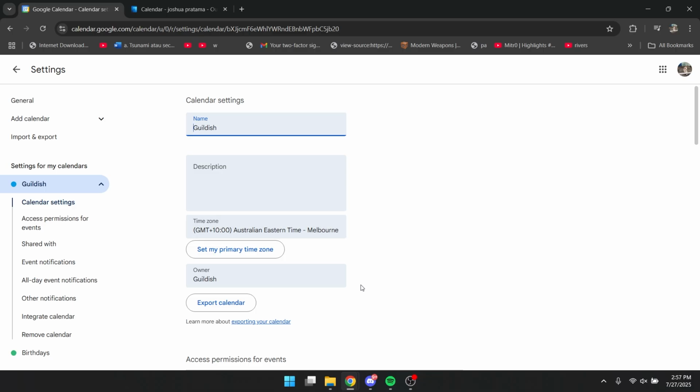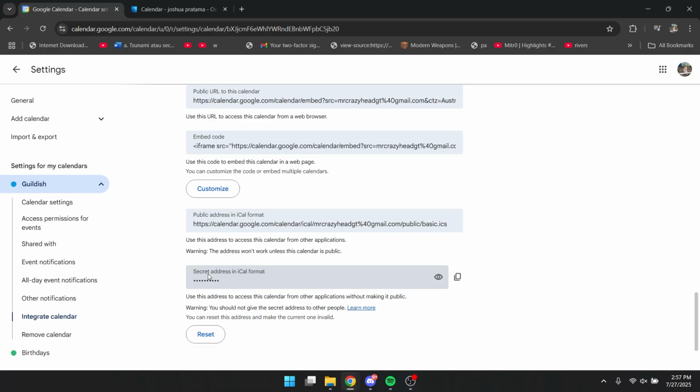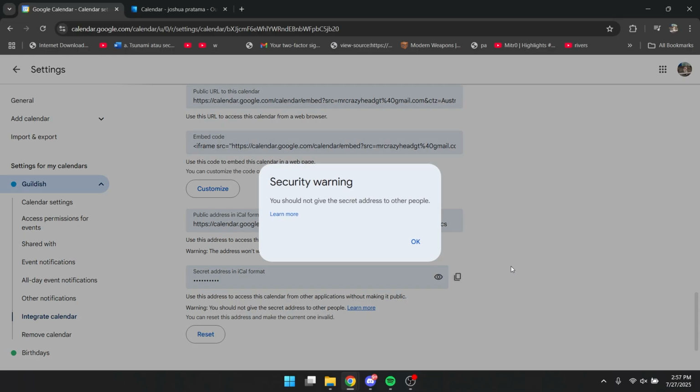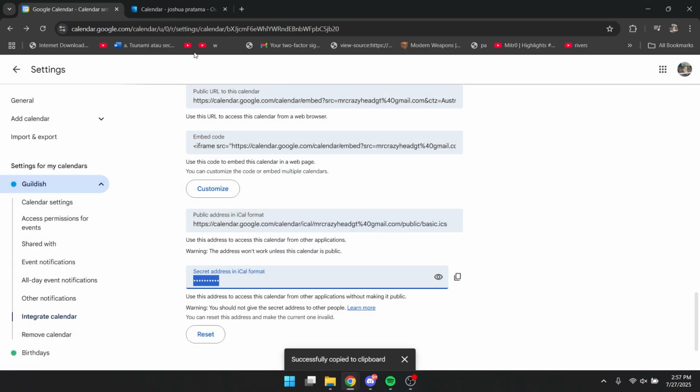And once you're here, you want to go to the integrate calendar section right here, and copy this iCal format for the secret address. You want to click on this one to copy, click OK, and then you want to go to the